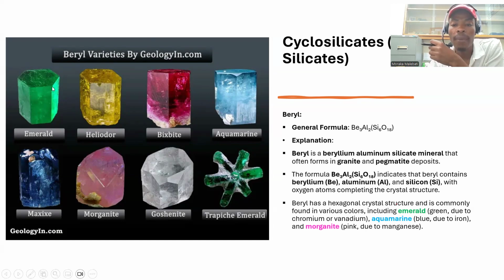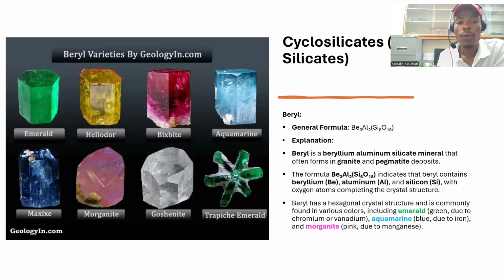And then with the emerald, the green color is due to what we call chromium or vanadium. And then we've got this heliodor. It's a bit yellowish. Okay, you can confuse it with the citrine, but you know the citrine will have the conchoidal fracture, and this one won't. Okay, and then you basically identify this beryl